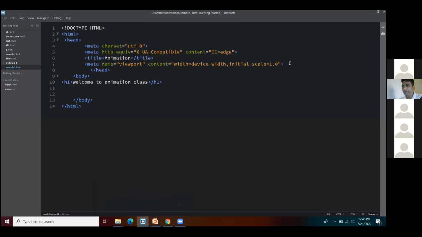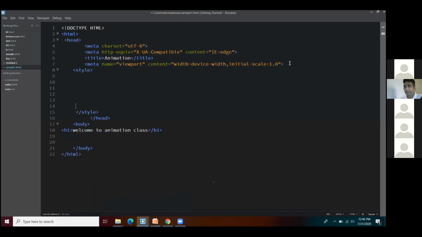You have to place your CSS over here, so I'm just writing it over here. This is my style tag. I'm just making a comment over here stating that my styling should be done in your style tag. So let's go ahead, and as discussed, class will be represented with a dot. So I'm mentioning that as well.